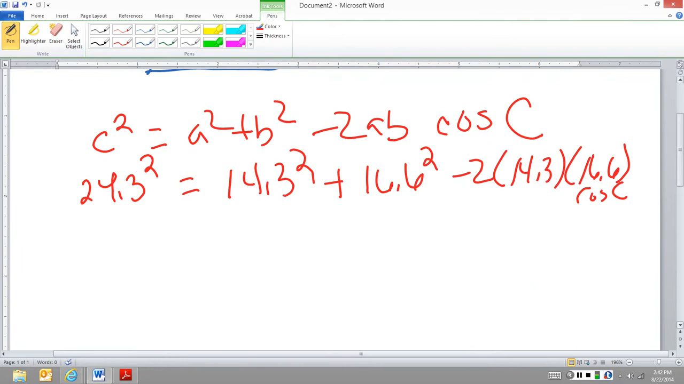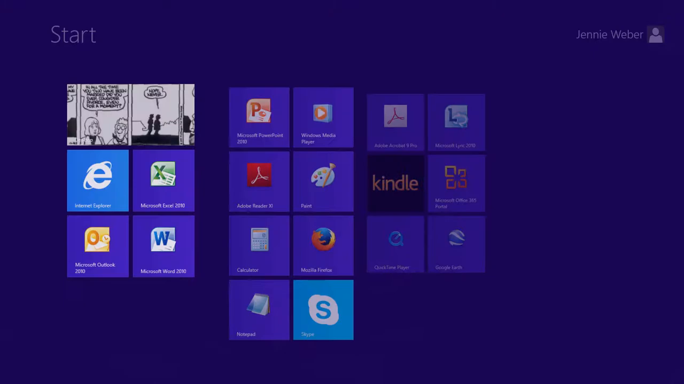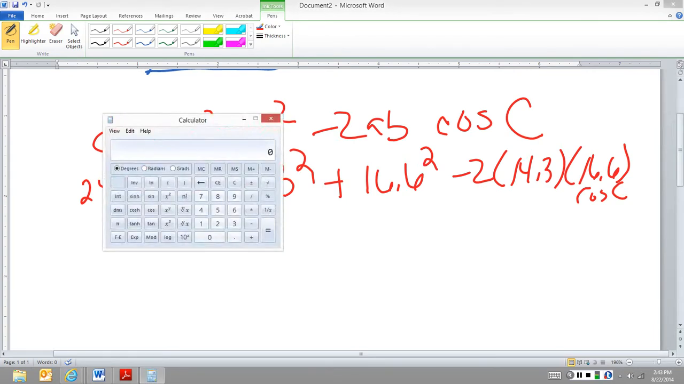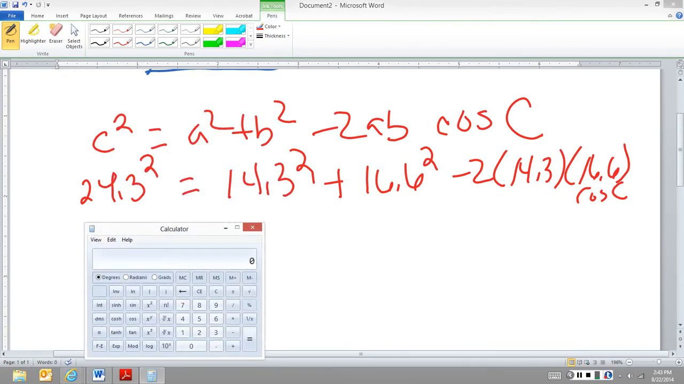So now, to solve this, what am I going to do? I'm going to carry this all in my calculator. Actually, let me see here. I think I can probably do it in here for you. So 24.3 squared minus 14.3 squared. Okay. So what I did there is I did the 24.3 squared minus, and I'm just starting